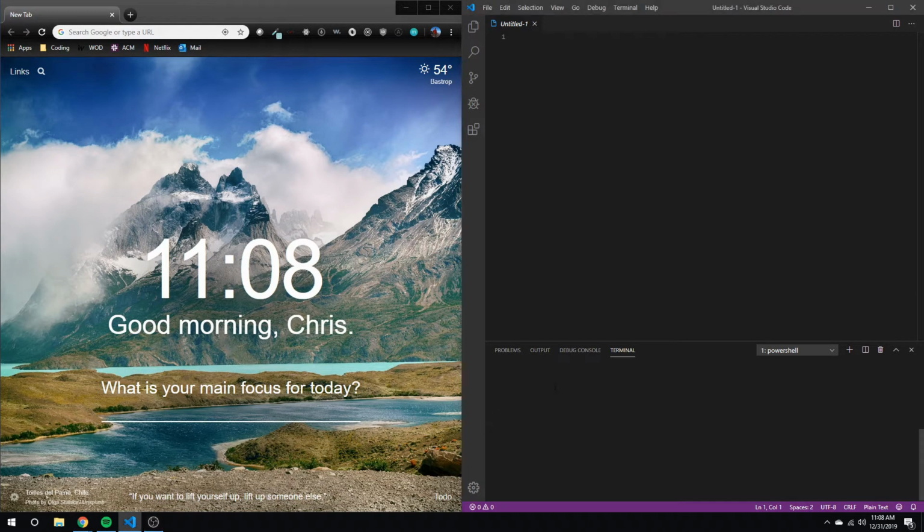If you don't have the Gatsby CLI installed on your system, it's as simple as doing an npm install -g for global and then gatsby-cli. I've already got it installed, but by doing this, you'll be able to use the command line for Gatsby. Once we're there, I'm going to check to make sure I'm in the right directory. All right, so I'm in my web projects folder, and now I'm just going to do gatsby new, and then